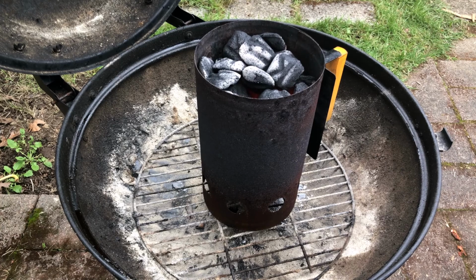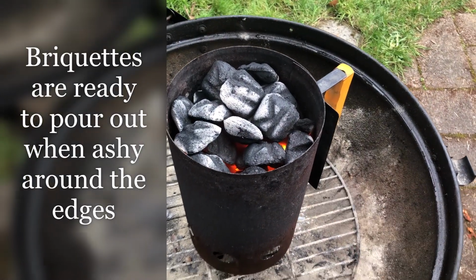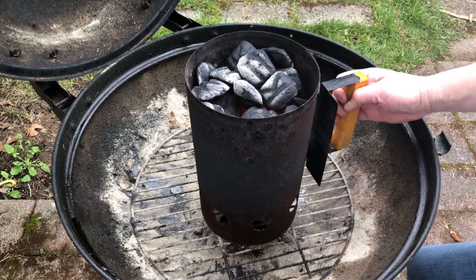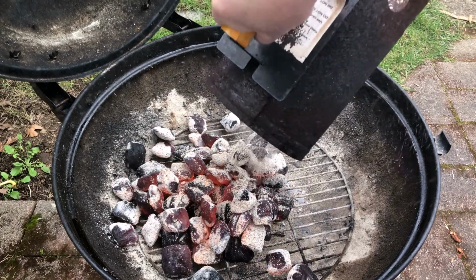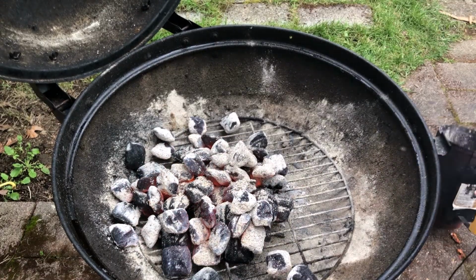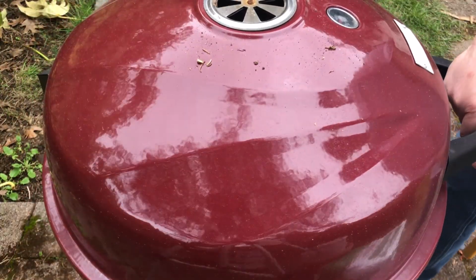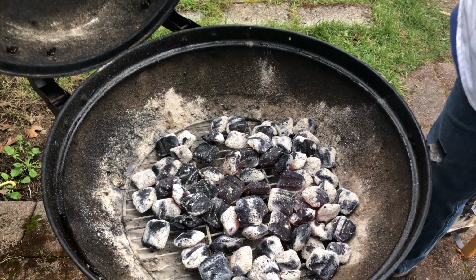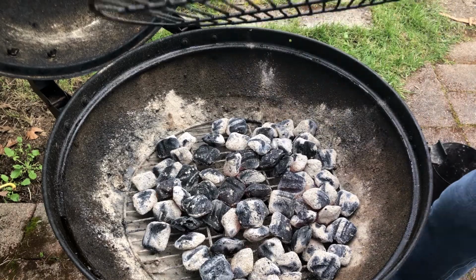You'll see the charcoal is starting to turn ashy around the top. It's very red hot underneath. So I'm going to just basically pour it out and spread it around. Very hot. I'll just spread it around, and with the grill grate I'll put it on top